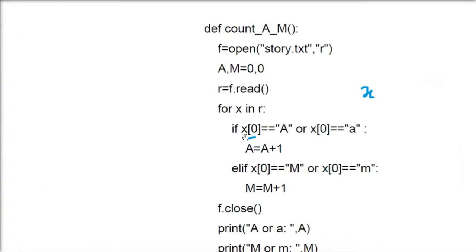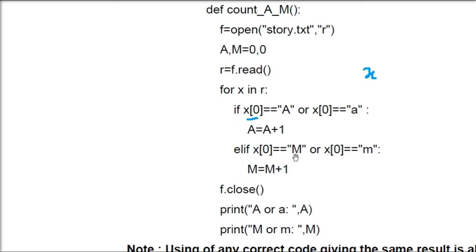One more important thing is that this X equals A. So this is very important. Let me reiterate again. Capital A, small a, which we just saw in the last question. We have seen capital M and small m. The answer changes, so we have to check for capital A or small a. The question is saying whenever this A is coming, do this. It is not saying capital or small, so you have to check for both.